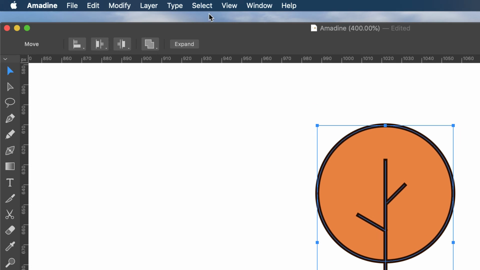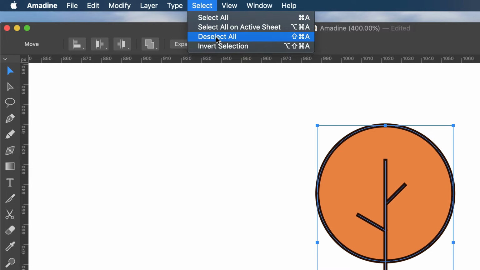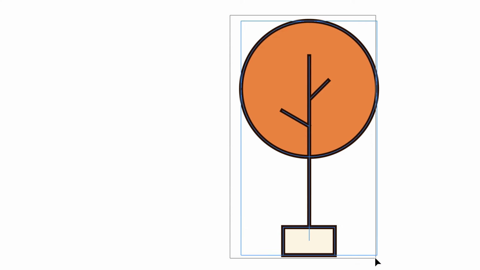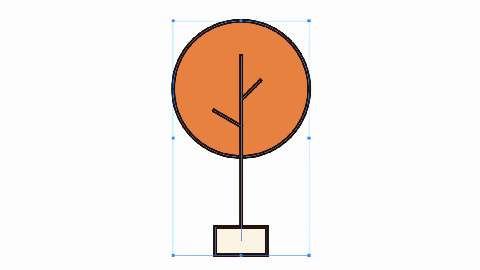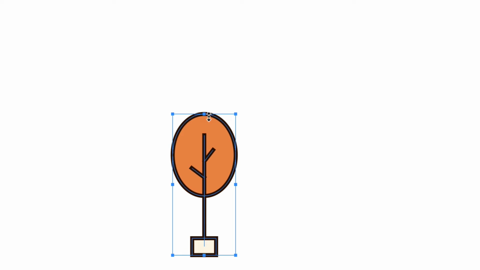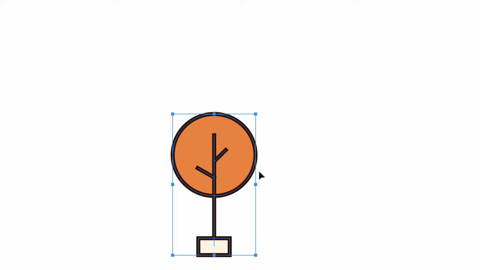If you want to deselect all items, simply click on the empty space of the canvas or choose Select, Deselect All in the Program menu. The objects can also be selected by dragging the selection frame over them. The blue box, which appears once we select one or more objects, is called the bound box. If you hover the cursor over its handles, you will see how it changes. And now by moving the handles, you will resize the original shape or the group of selected shapes.